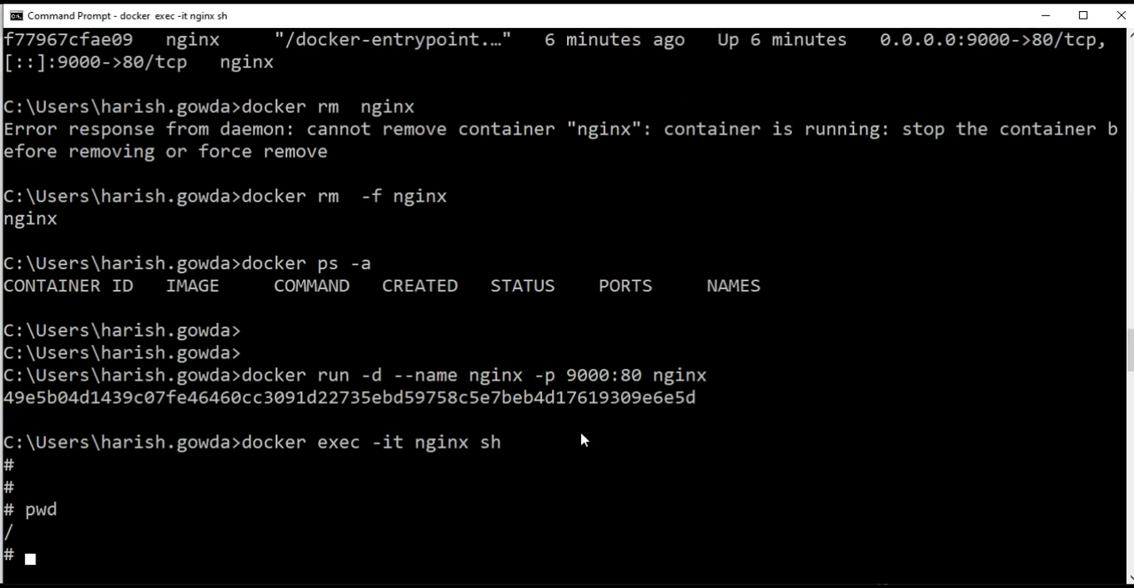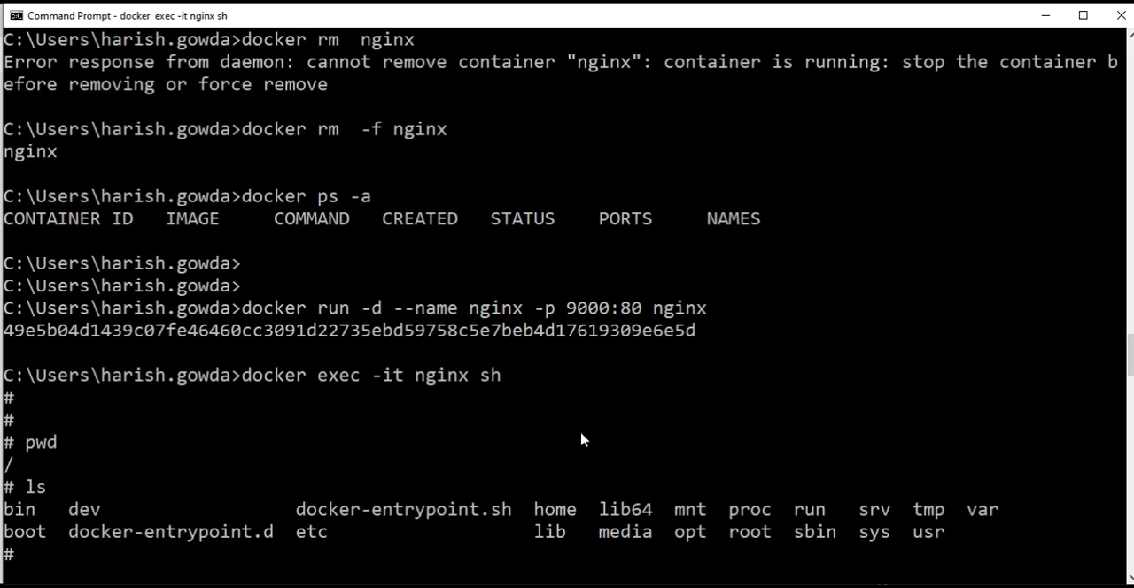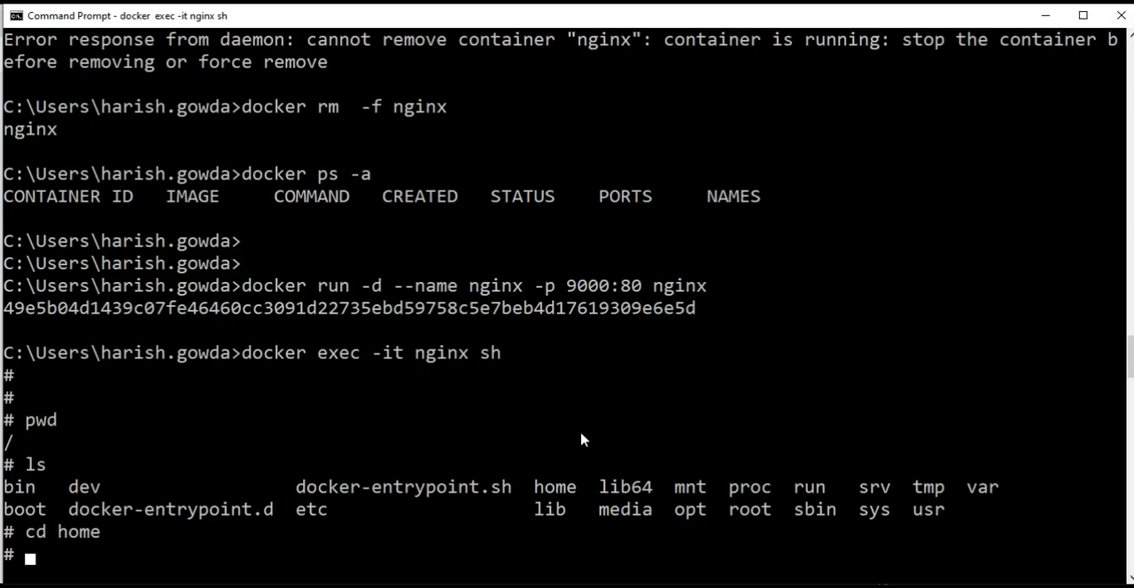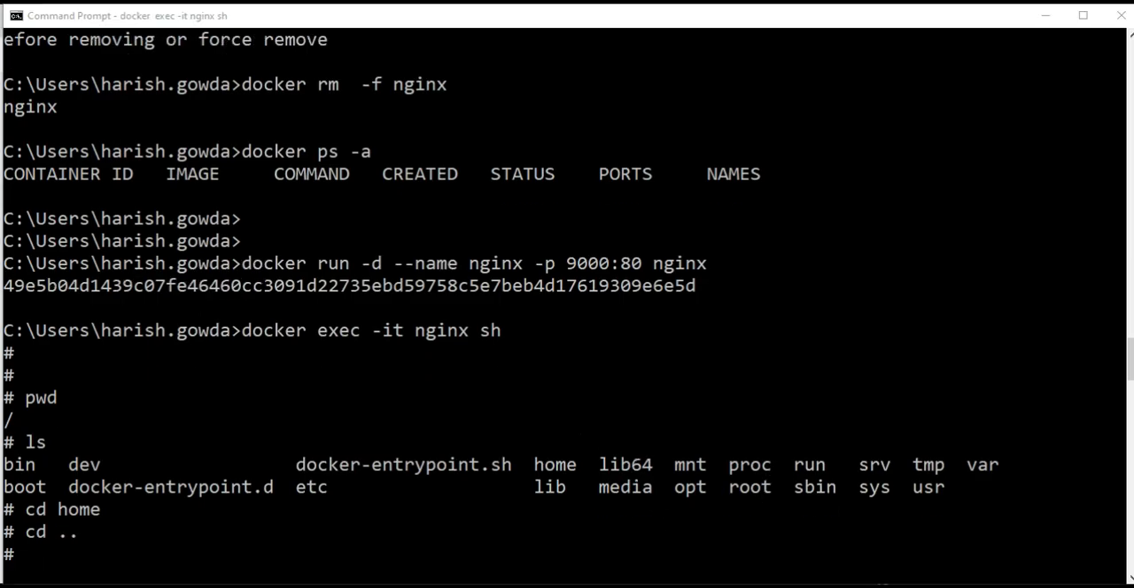You can see we have entered the container here. You can see the list of all the files here. You can see all the files within the container here. So we have to go into home. Also, if we go to the